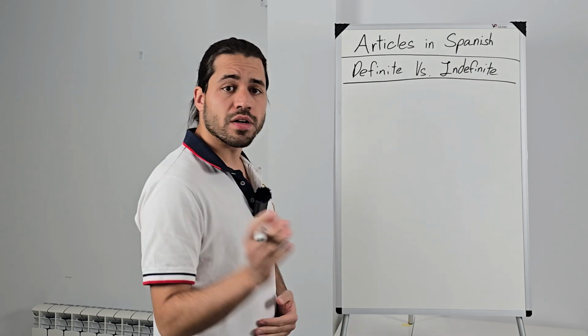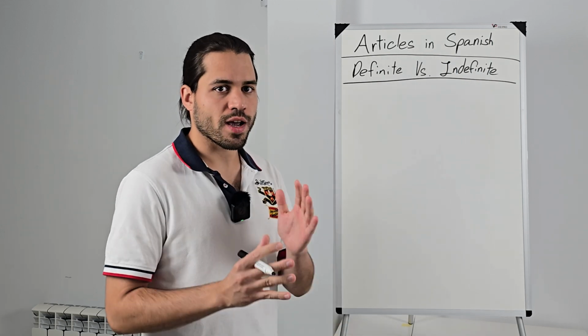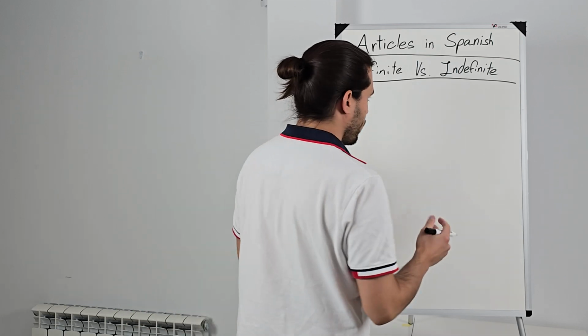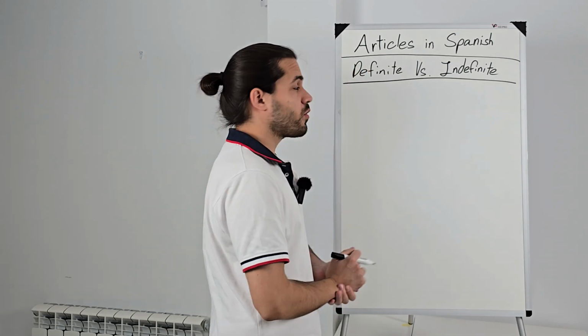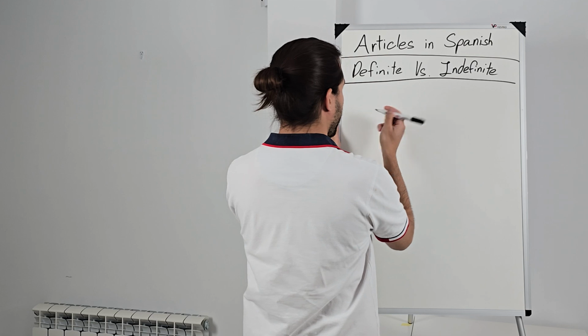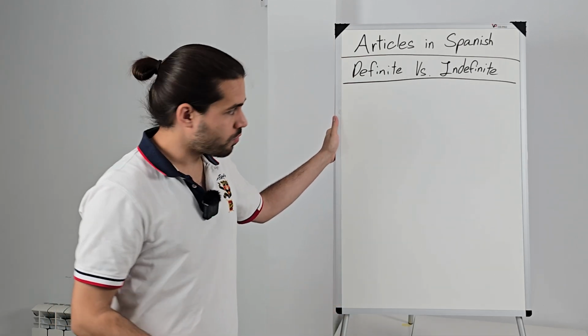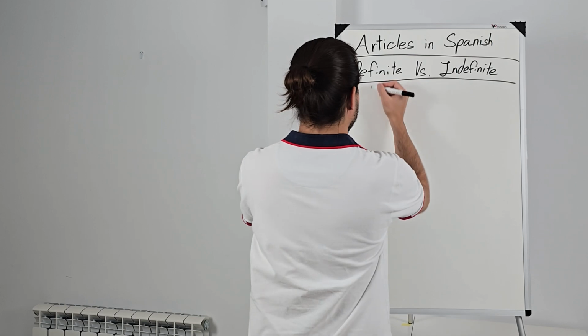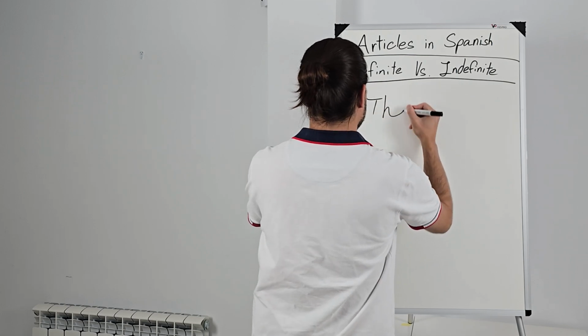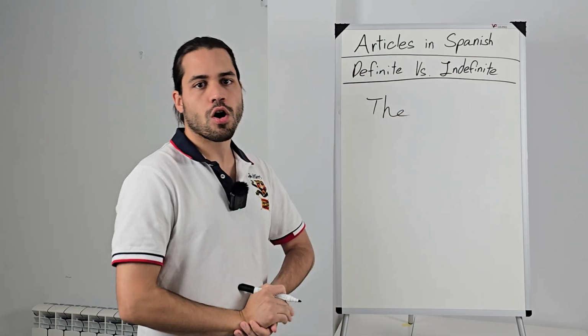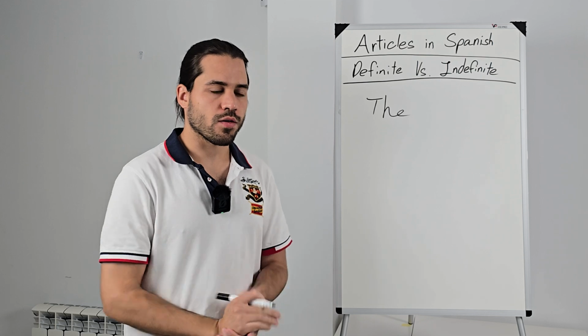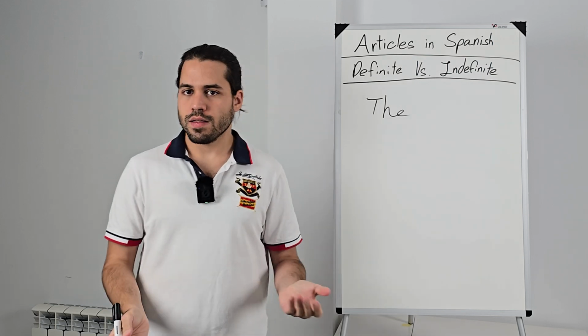Well, let me give you an English example to start off with so you kind of know what we're working with here. Same principle applies to Spanish. In English, we have definite and indefinite articles. Same thing in Spanish, right? Give you a quick example. Definite would be the in English, right? The car, the moon, the sun, etc. The sofa, the coffee mug,